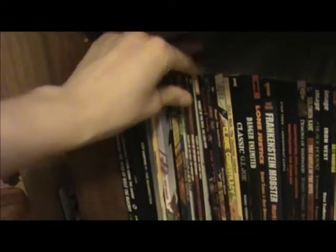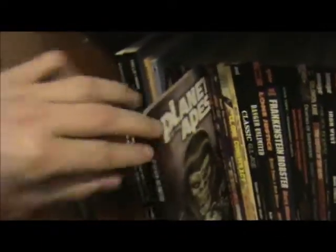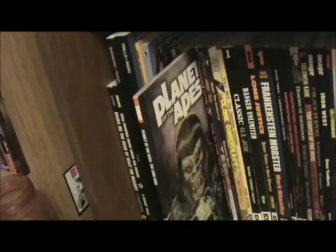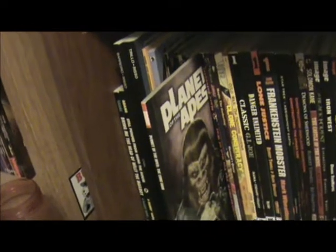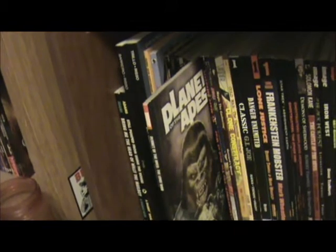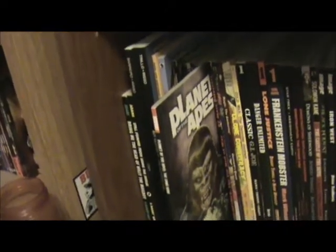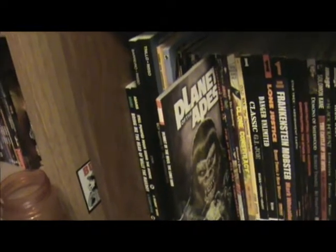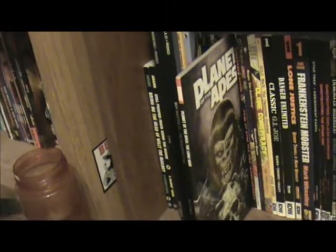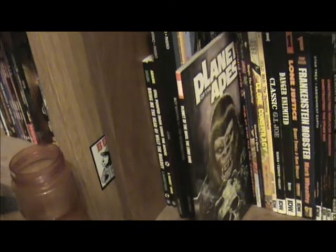And then there's this other one by Boom Studios. I got it a couple years ago, and I think what's going on here, this is a prequel to the original movie, the one in 1968 or 69 with Charlton Heston. This is set in between the present day in those movies and the first movie where the apes meet Charlton Heston. It's set in between those times, and there's a lot of ambiguity in those 5 movies about, like, you